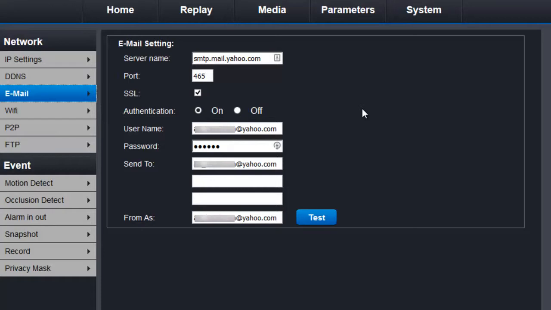On the email settings, when you go into your email, you might have to go to Google or Bing or someplace like that and search for the SMTP settings for your mail service. For example, I've got the Yahoo mail service up here. Now, put in the port 465, click on the SSL, turn on authentication, type in your whole Yahoo email address,